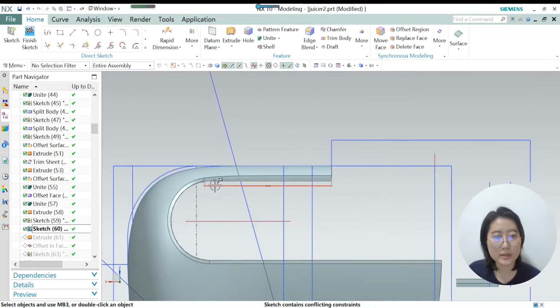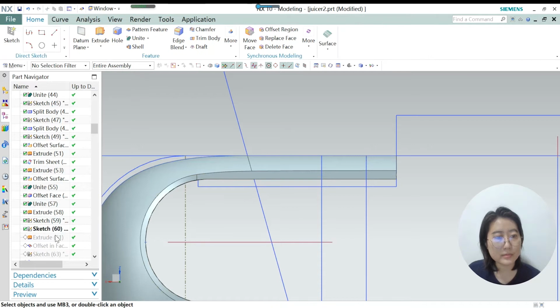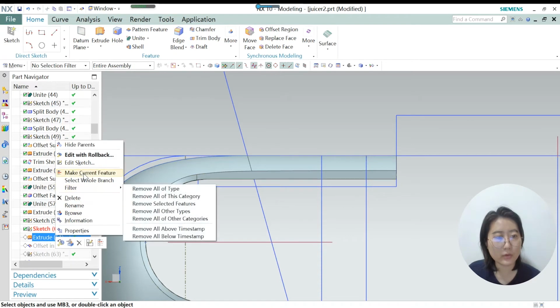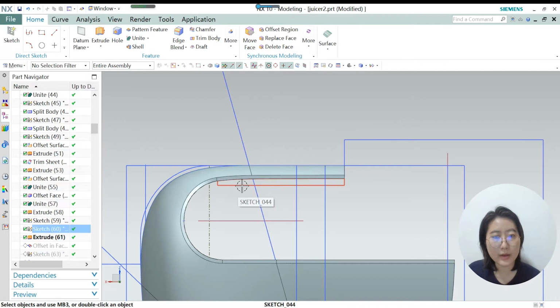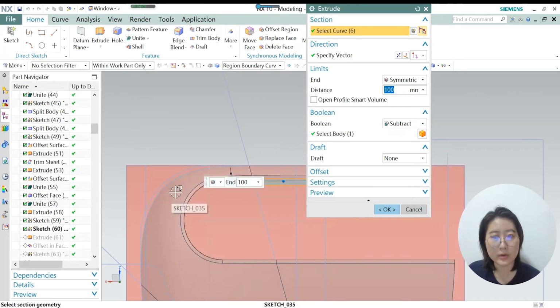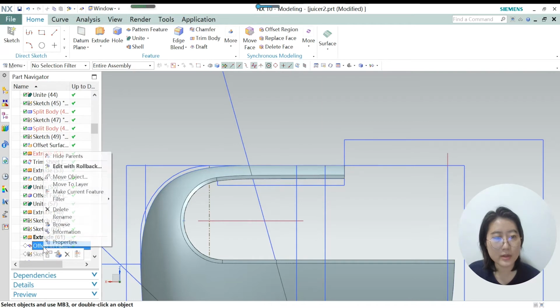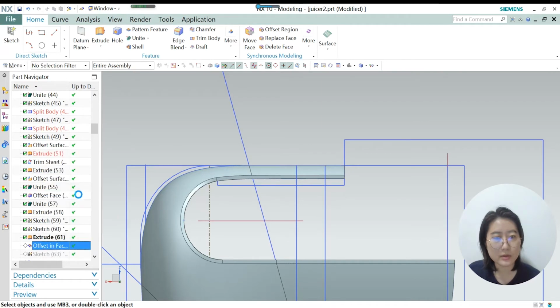We could directly offset the sketch with this line, right? Next, step 61: I extruded this shape and Boolean subtracted it from the solid part, and I can trim on this edge to make the border perfect. So if I go into the next step, 62,